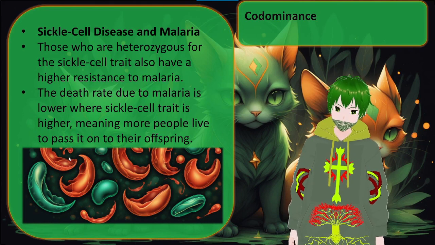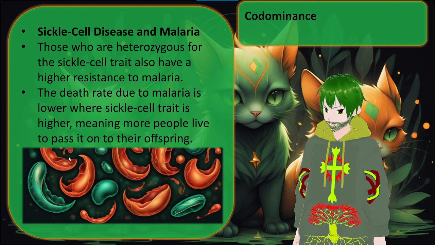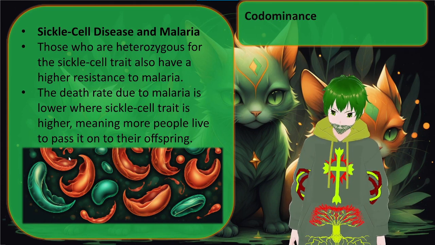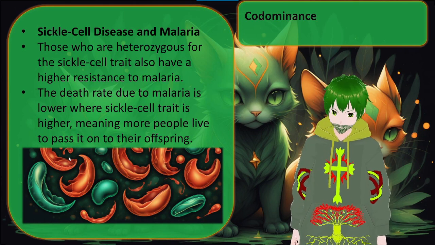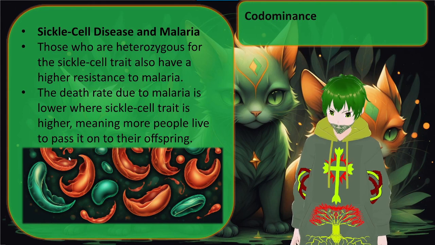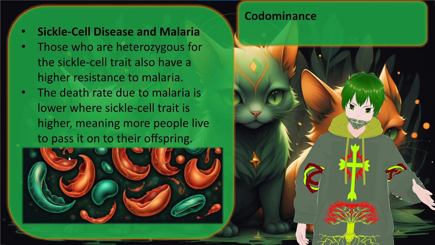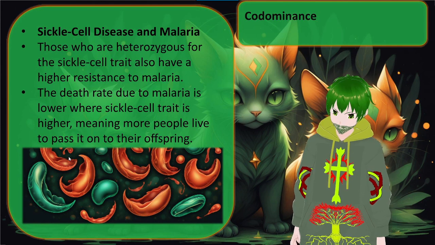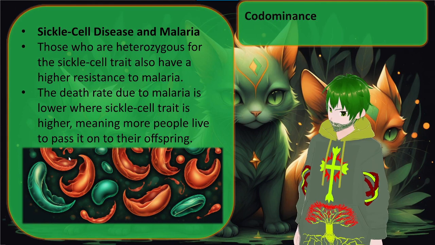Now, for a person who has one healthy red blood cell trait and one sickle cell trait, both normal healthy red blood cells and sickle cells are produced at the same time in a roughly 50-50% ratio. Well, what does this mean? It means that when a malarial parasite enters that person, it can attach to the healthy red blood cells and multiply. But if it attaches to a sickle cell,